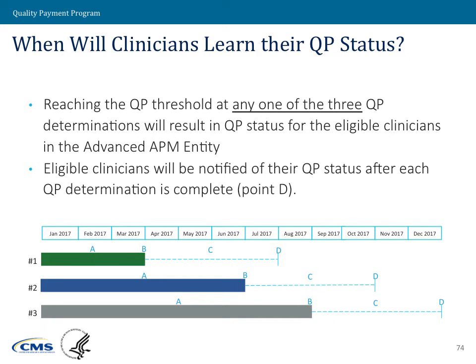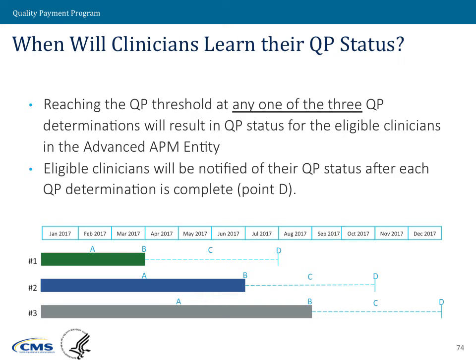So this is a little more technical dive into how we do those QP determinations over time. We'll actually do 3 different QP determinations during the QP performance period associated with each of those snapshot dates. So each participant, if you're in early, gets 3 bites at the apple for meeting those QP thresholds. I'll walk through the first one, and then the second and third one are parallel in nature.